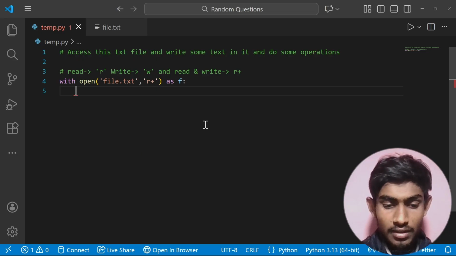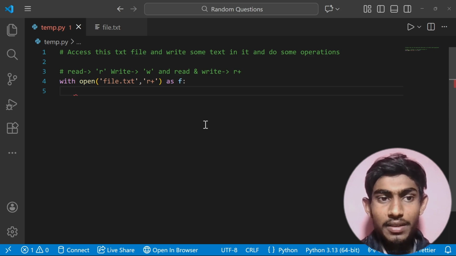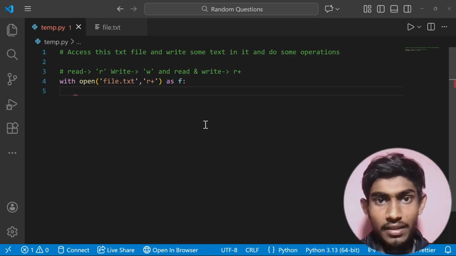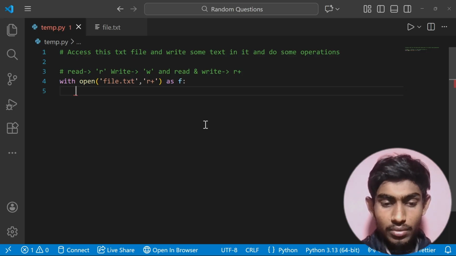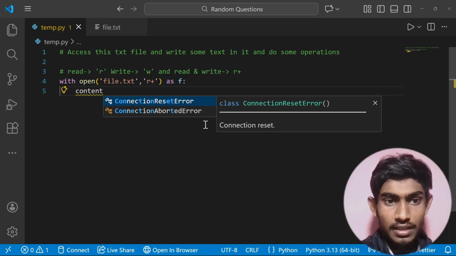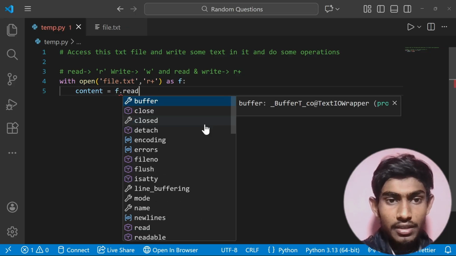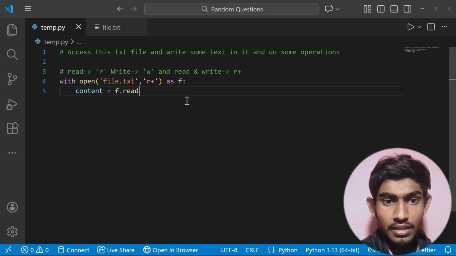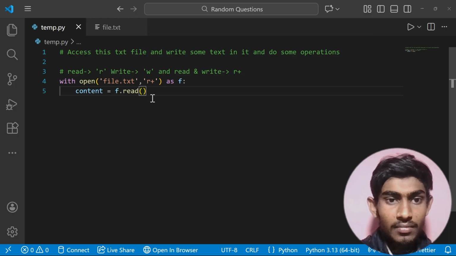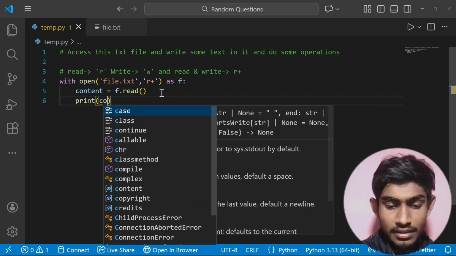Which function am I going to use? There are two functions, one is read, one is write. For reading we use read, and for writing we use write. So the content in this file, I'm going to use content = f.read. Here the suggestion is also coming. So f.read. Now if I print content and run it,